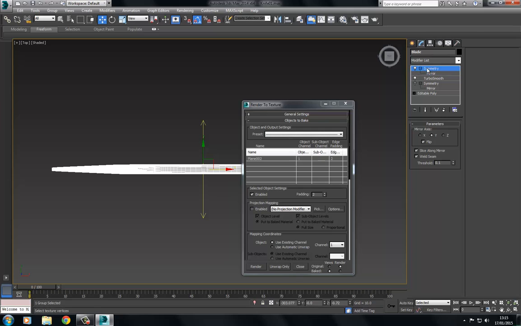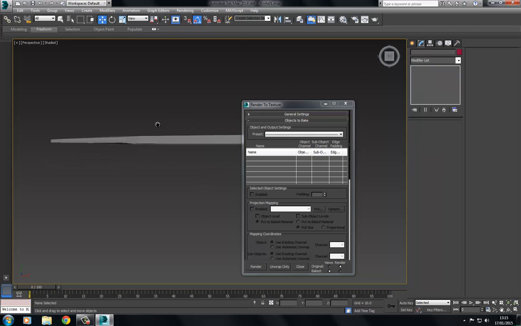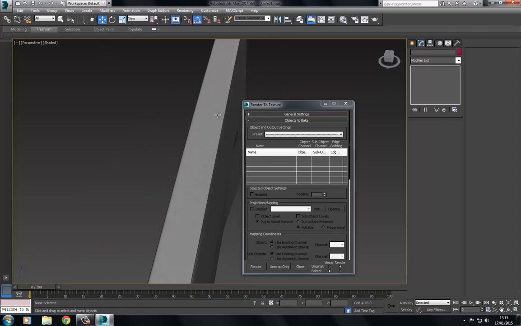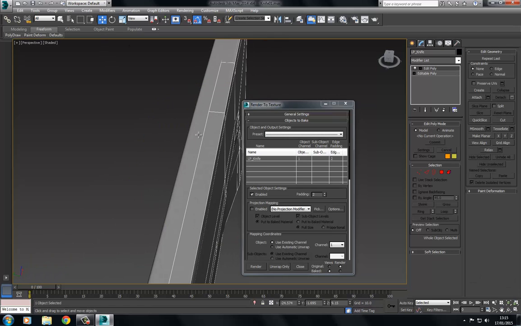Okay, so now we have the full high poly asset here. So let's just make sure that when we bake this, there's going to be no weirdness where it just suddenly jumps off here. So